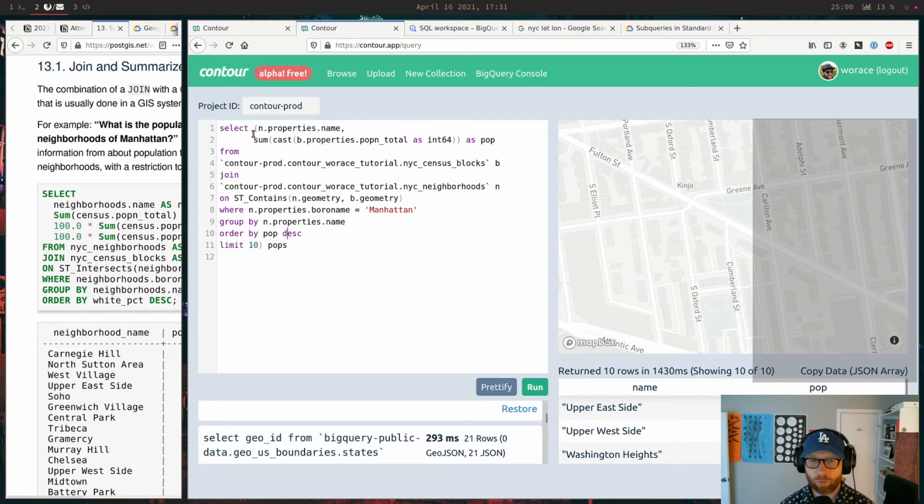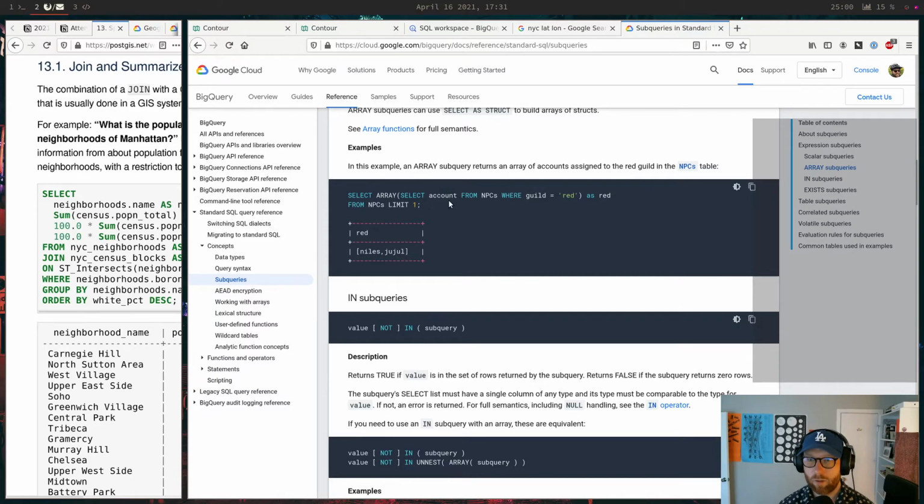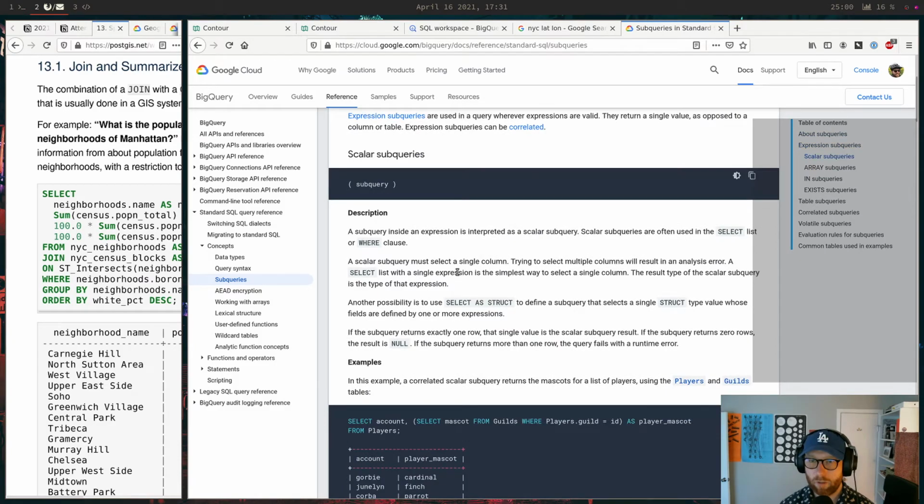Can I make this work? I don't know. Array, expression.